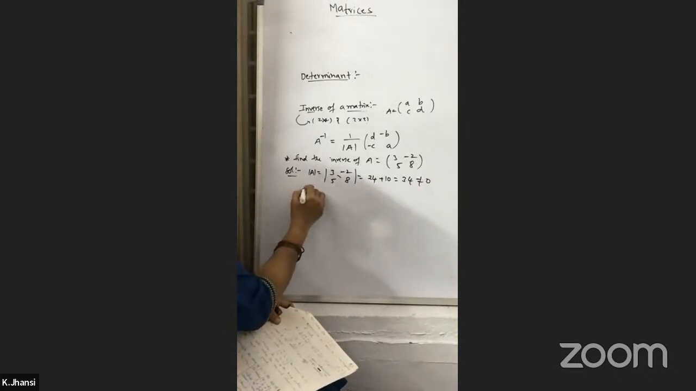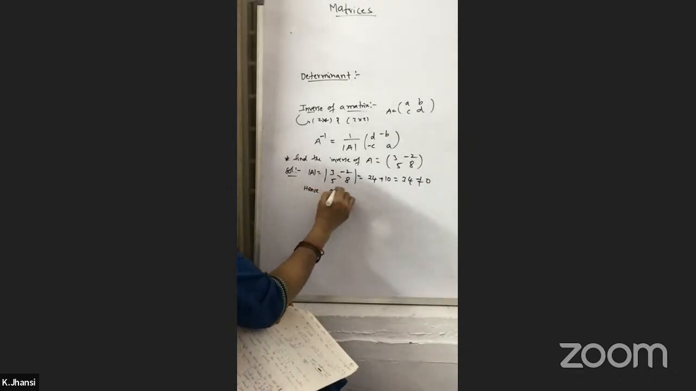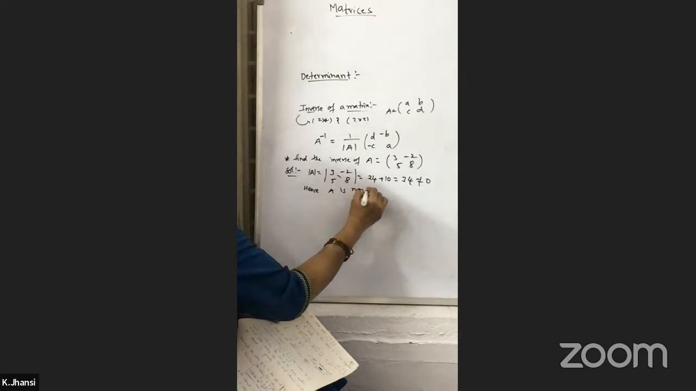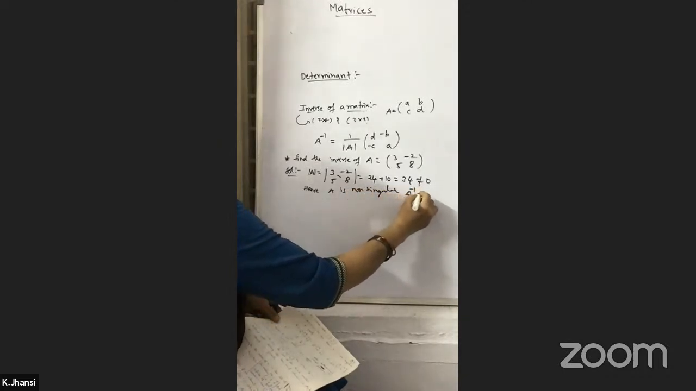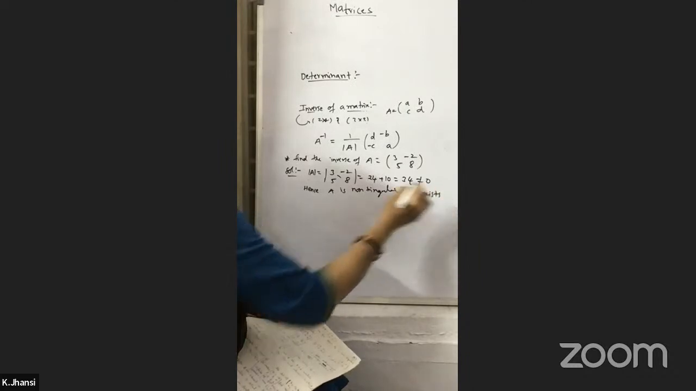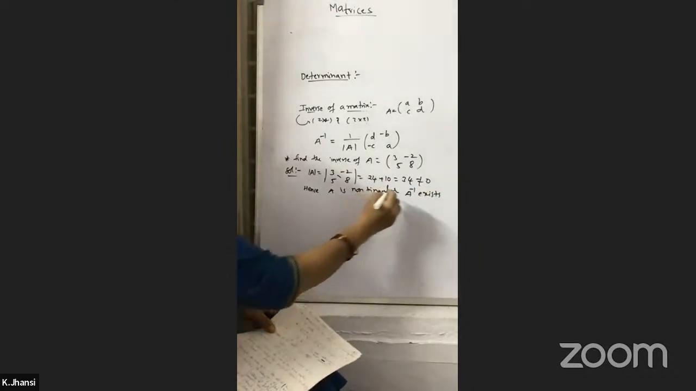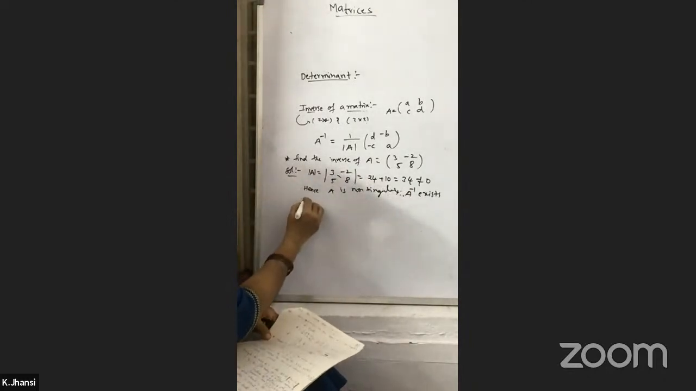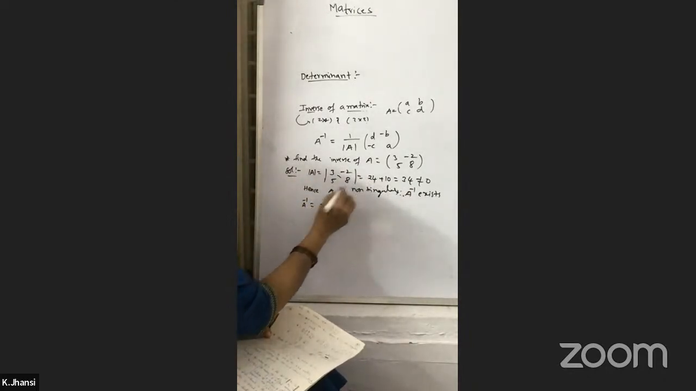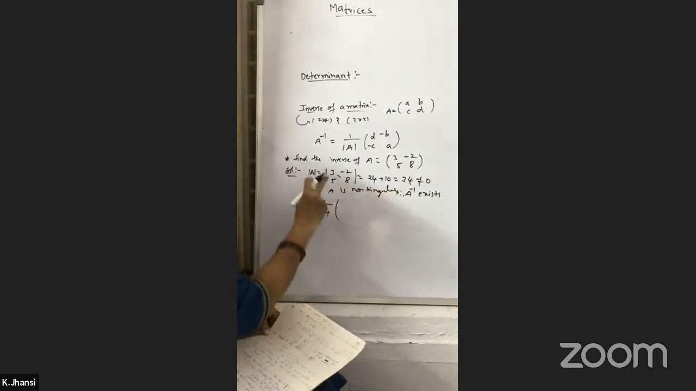So hence A is non-singular. A inverse exists. That is, inverse exists. Okay. Therefore, A inverse exists. So what we have: A inverse equals 1 by determinant. The determinant value is 34. 34 into this is